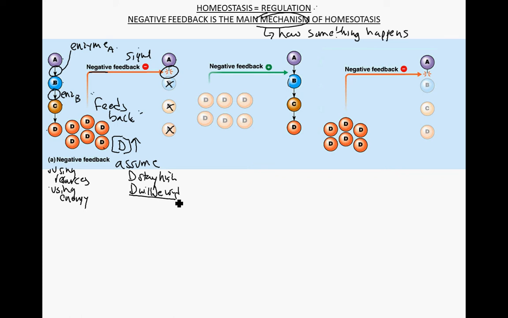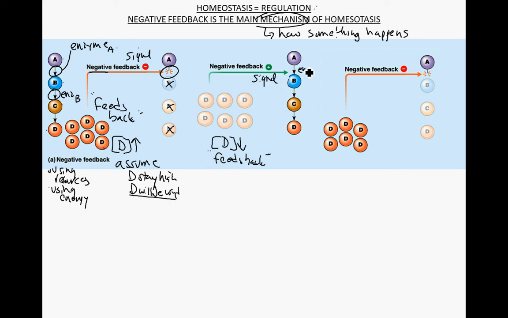But if D gets used, then the concentration of D is going to come down. So over here we see that the concentration of D has been diminished here. So we have no D, indicated by this being less dark here. And this is also a negative feedback. So this lack of D also feeds back. This lack of this substance here is going to feed back, and now in some way is going to signal